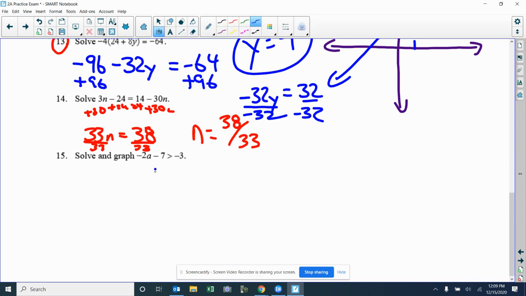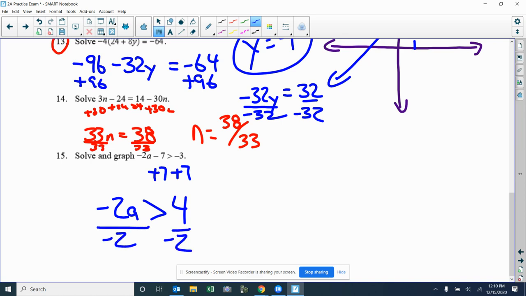I'm going to add 7 to both sides of the equation, have -2a on that side, still greater than -3 and 7, which would be 4, right? Everybody okay? Now I'm going to divide by -2. Remember, when I divide by a negative on that inequality, I need to do what? Switch it. So now it becomes less than